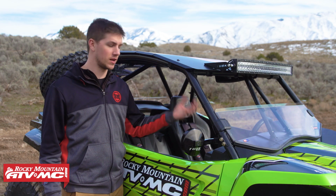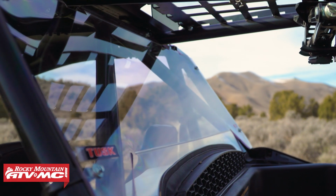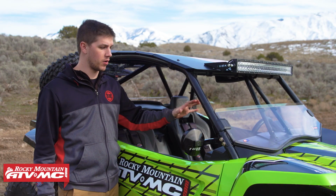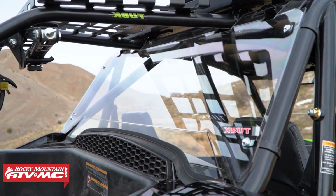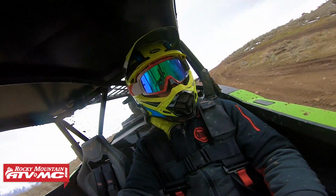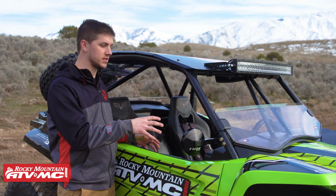Now, we do have a full windshield option, so if you're wanting complete coverage, we have that as well. Now, moving back from there, we also have the Tusk scratch-resistant rear window. Now, this is a great partner to the half windshield and just a windshield in general, and it just helps keep you a lot cleaner. It helps the dust from swirling behind you and landing on your shoulders, and it's really a great option, especially the scratch-resistant. It's nice because it's going to last a lot longer, and it really just pairs nicely with any